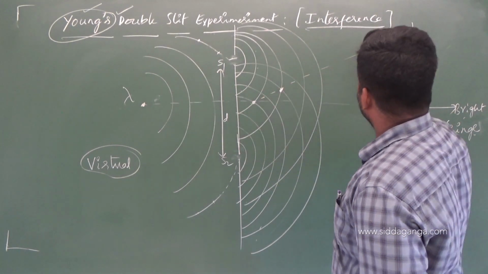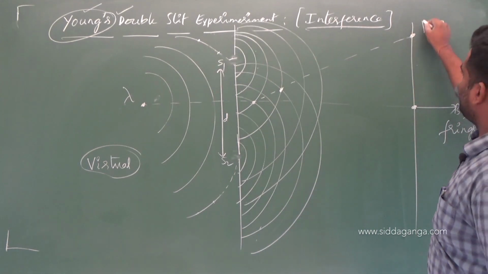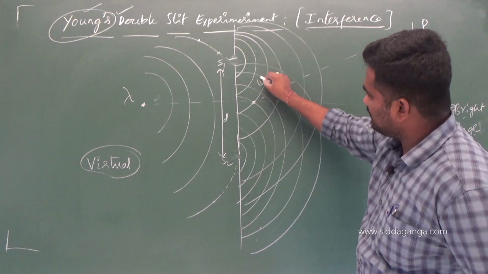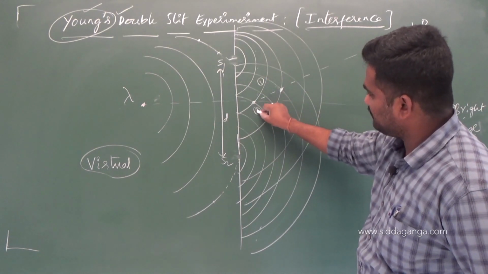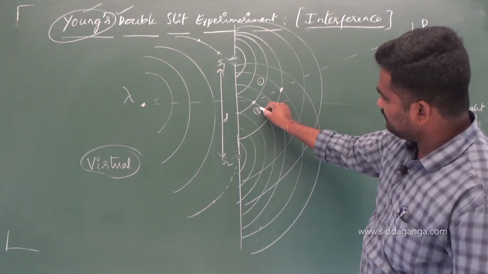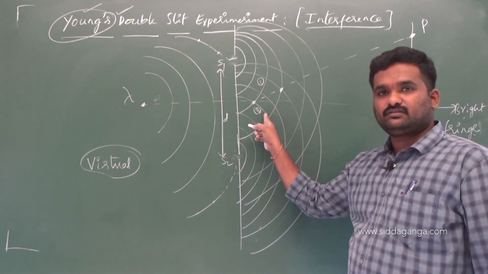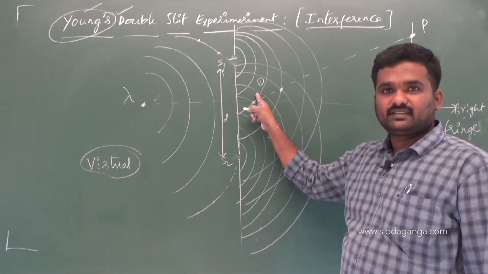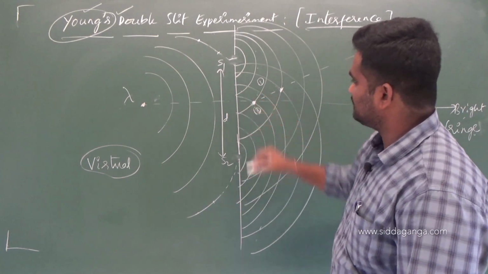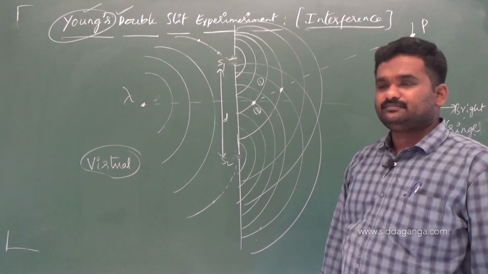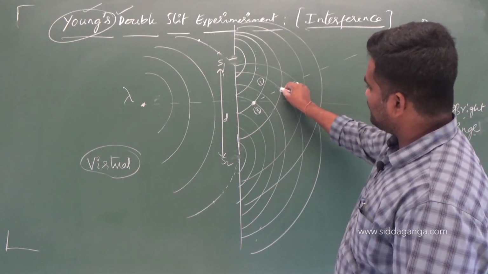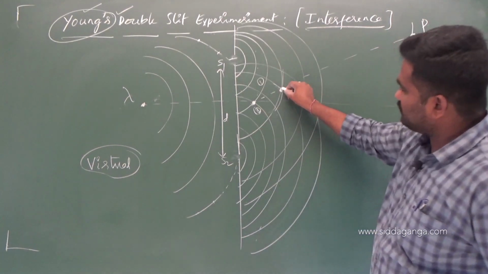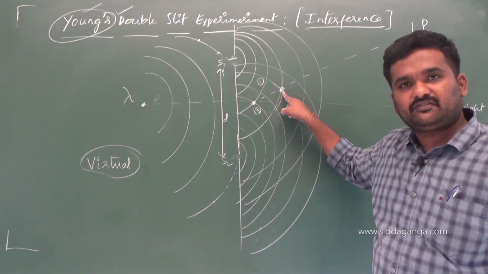all such points will combine to form a certain pattern on the screen at this point P. If these two waves which are superposing here, this is wave 1 and this is wave 2, for example, this is a wave from the second slit, and this is a wave from the first slit. These two are combined. Let me say they have a phase difference of pi. One more I have marked here, this is from the first source and this is from the second source. When these two are combined, let's say they have a phase difference of pi.